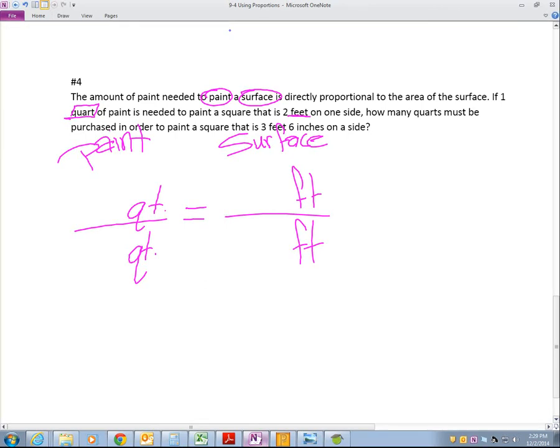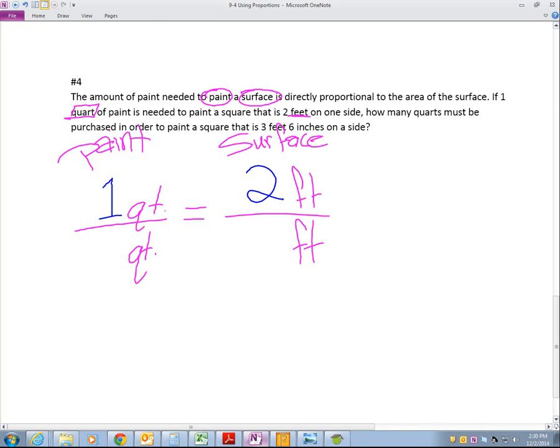So paint and surface. Now we have to pull out some other information. What do we know that has something related to the other? Something about paint that is proportionate to the surface. It's a relationship. Lainey, what do you think? One. So 1 quart. Okay, 1 quart. So if it's a quart, I know that I'm over here and I know that I'm in the right spot. And 2 feet. Should 2 feet go here? On the top. 2 feet. Good.